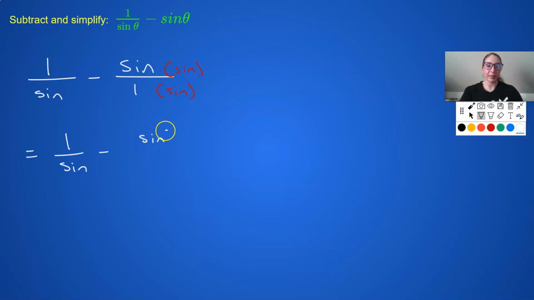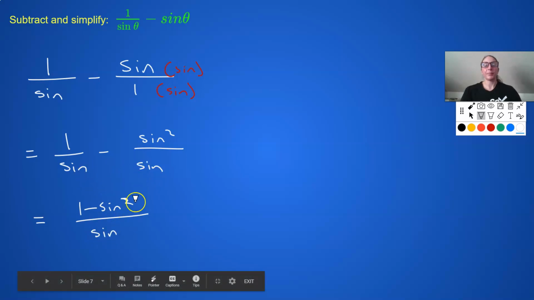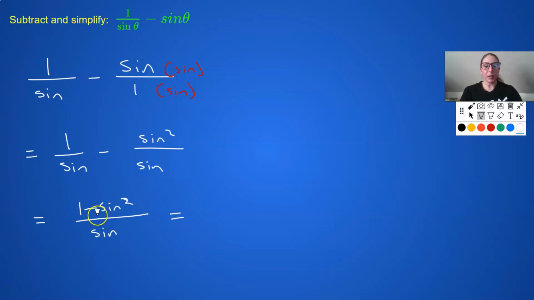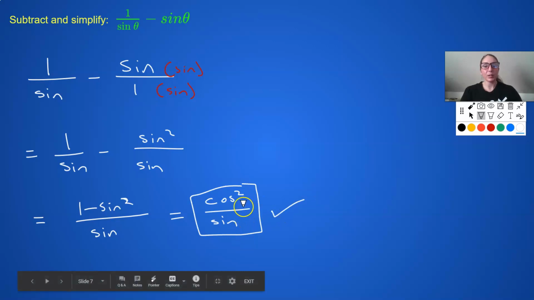Right? And if I do that, I still have 1 over sine on the left because I didn't touch that. I have sine squared now because sine times sine is sine squared. 1 times sine is sine. Hey, I have two fractions and they have the same denominator. Awesome. 1 minus sine squared is now my new numerator. Over, now remember when you're combining fractions, the denominator just stays. So 1 minus sine squared over sine. Hey, let me use the Pythagorean identity again. 1 minus sine squared transforms into cosine squared. So, and I'm going to leave this alone now the way that it is. So I subtracted these two terms. I got a single term, as well as I simplified it again using, once again, one of the